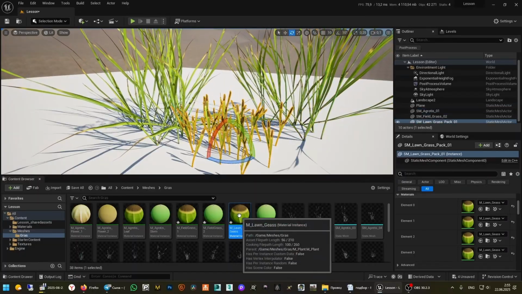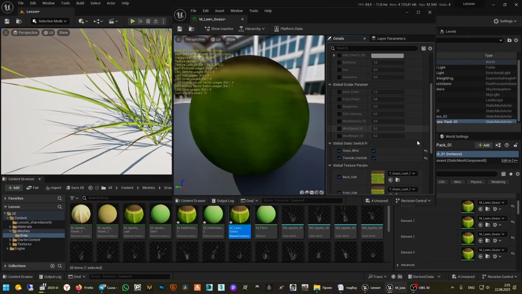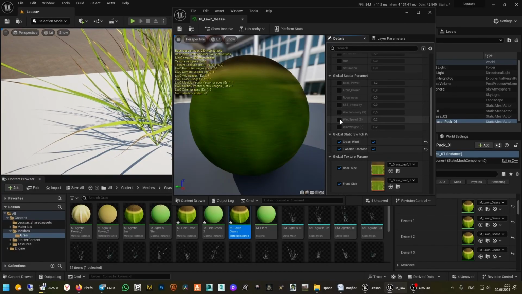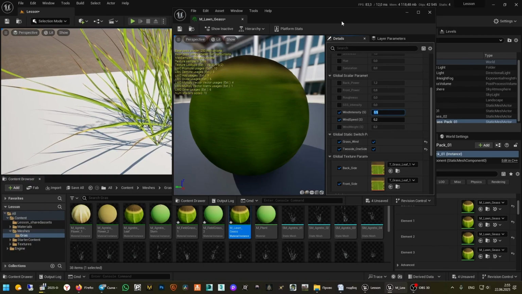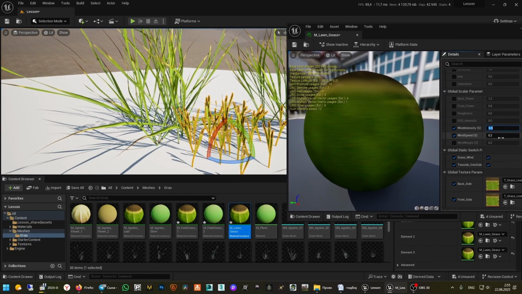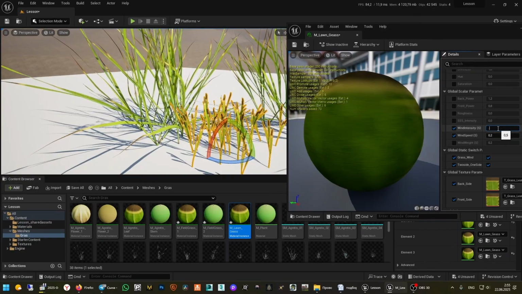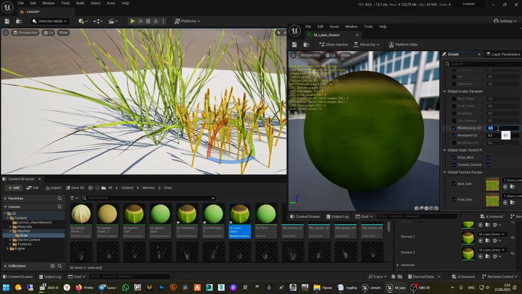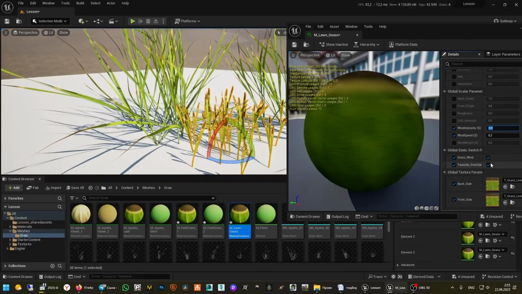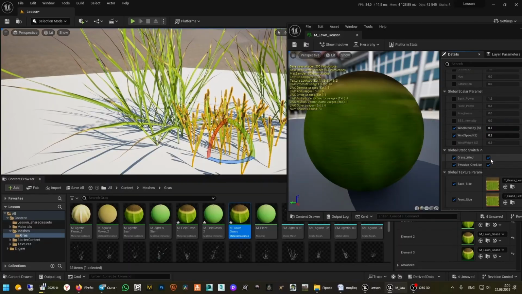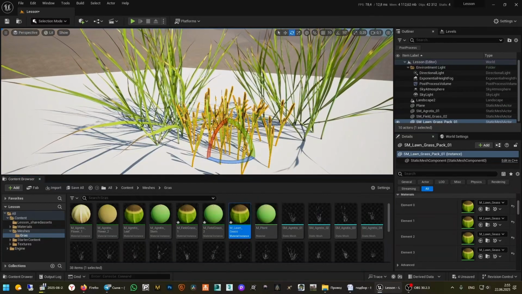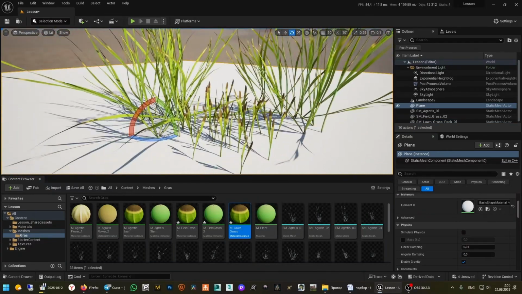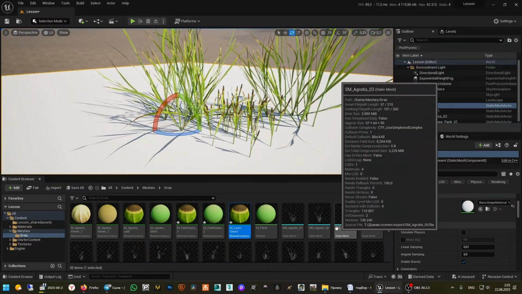Or you can turn off the wind. Or reduce its intensity. Let's put a 1. Although maybe let's just turn it off. Done. Now so that we can use all this in our work, we need to assign all these materials